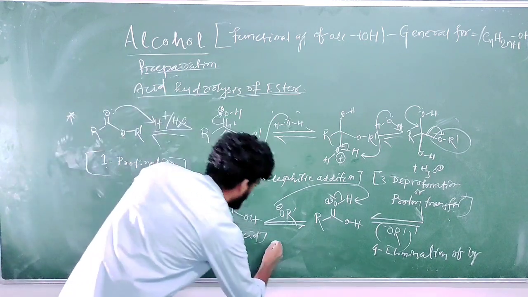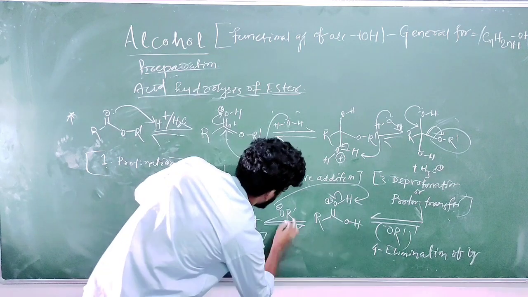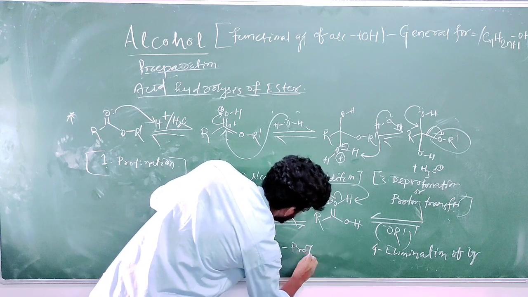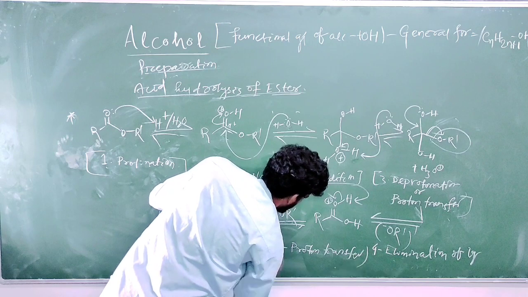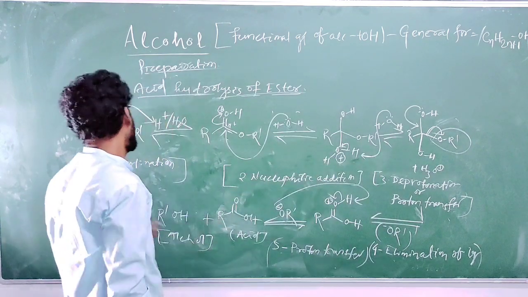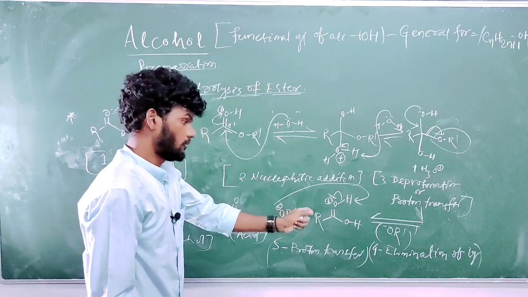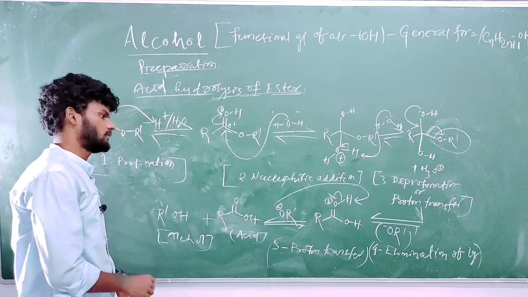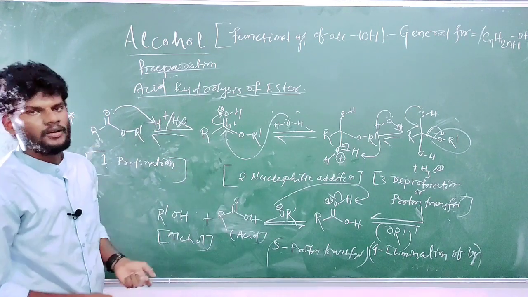And this fifth step, what is the fifth step called? It is also the same as proton transfer. The proton is taken by OR' minus. This step is also known as proton transfer or deprotonation. These are the five steps: 1, 2, 3, 4, 5. Protonation, nucleophilic addition, proton transfer or deprotonation, the fourth step is elimination of the leaving group, and the fifth step is proton transfer or deprotonation. These are the five steps through which acid hydrolysis of ester occurs.